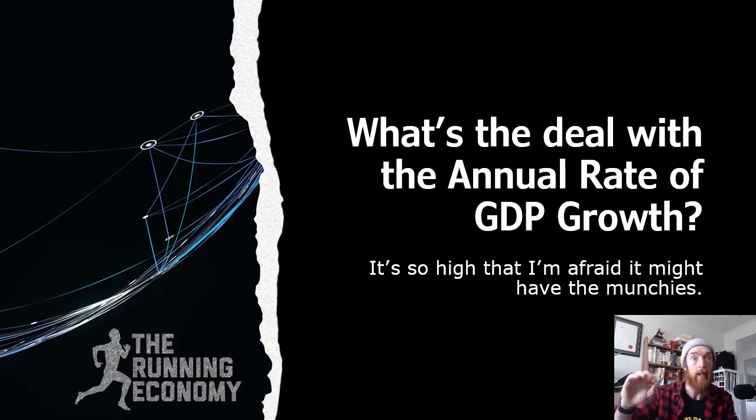The latest annual GDP growth figure came out today, and we're going to be talking about what's the deal with it, because annual GDP growth jumped up to 9.6%, which obviously, when our goal for strong, stable economic growth is to have the total value of production increasing at a rate of 3 to 3.5% real GDP growth per annum, is 6% above the top end of that target.